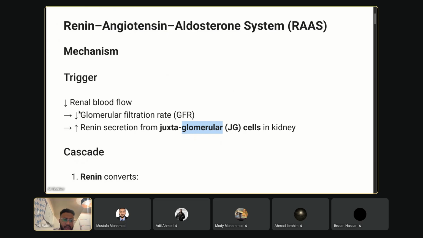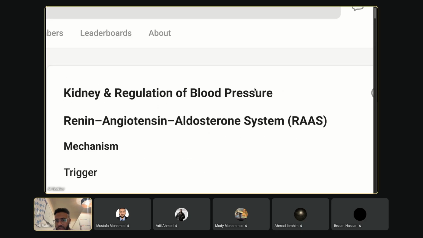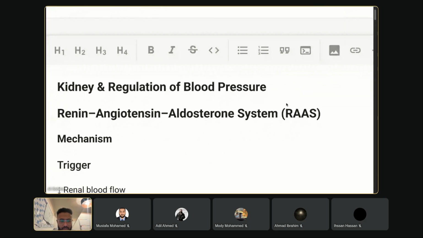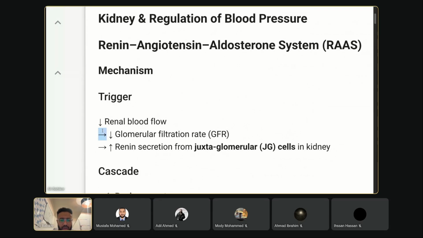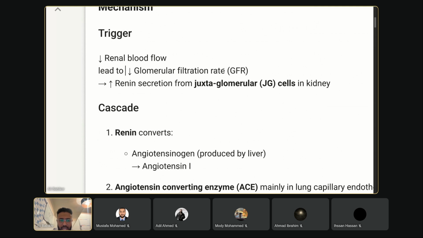No, this is a continuation, Mustafa. So you have decreased renal blood flow, this will lead to, this arrow means lead. If it confuses you now, let's just take it off and make it easier. So decreased renal blood flow will lead to reduction in the glomerular filtration rate,